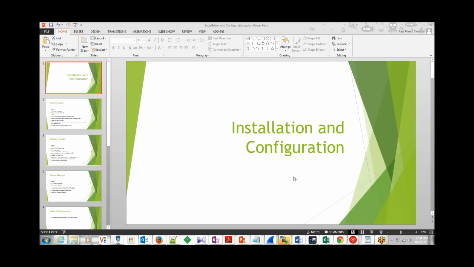This session is mostly for first-time users of Novell Access Manager who want to see how to install and configure different components of Access Manager like the admin console, identity provider, and access gateway. They can use this video to go through the different installation steps, and